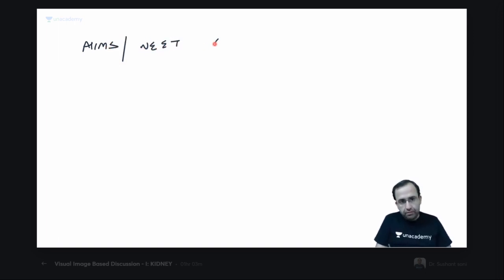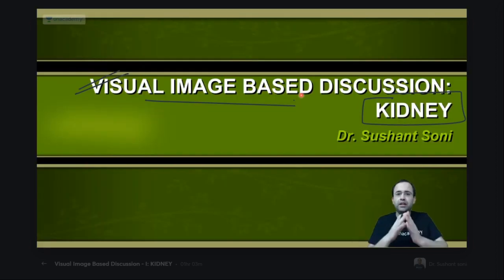Second point, with respect to the notes, I'll put the PDF on the Telegram group. Not to worry, bache, not to worry. The main purpose right now while studying the images here would be that we understand the topics. So this would be mainly an AIIMS or a NEET paper oriented question.